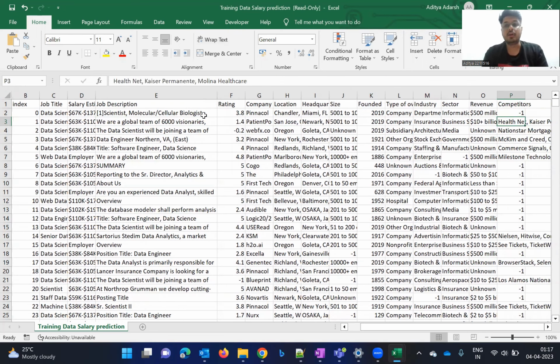Similarly, we had a competitors column, for each company in which a person was working. Most of the entries in this column were missing, and whatever was there, we could not establish much relation with the final salary that we were about to generate. So, going forward,